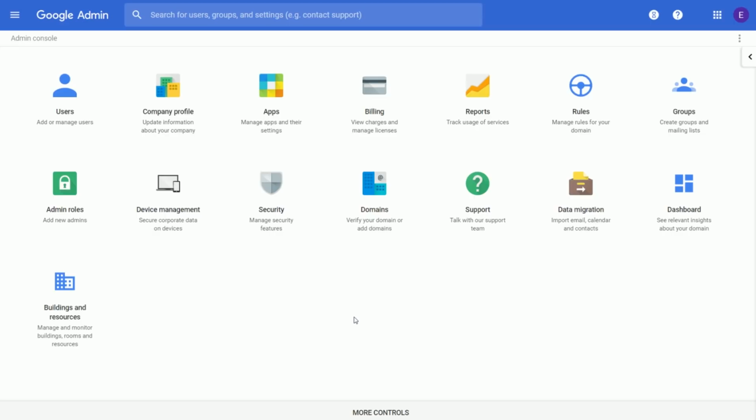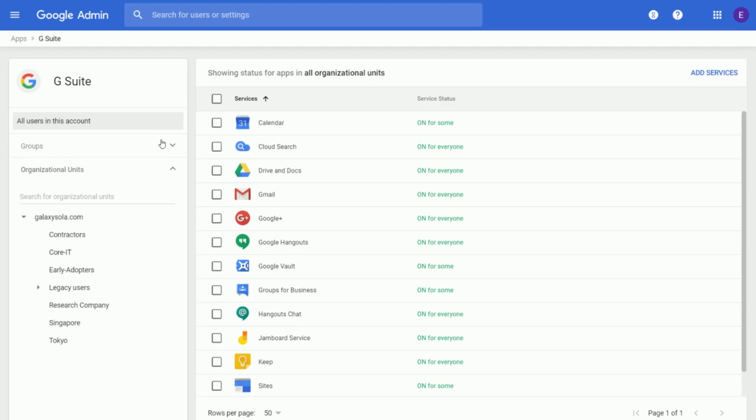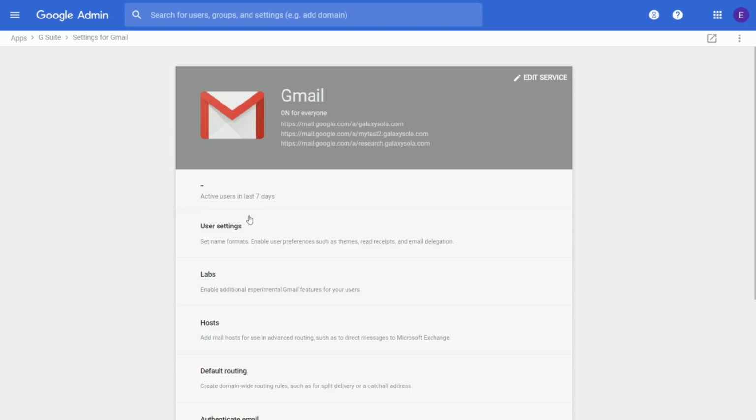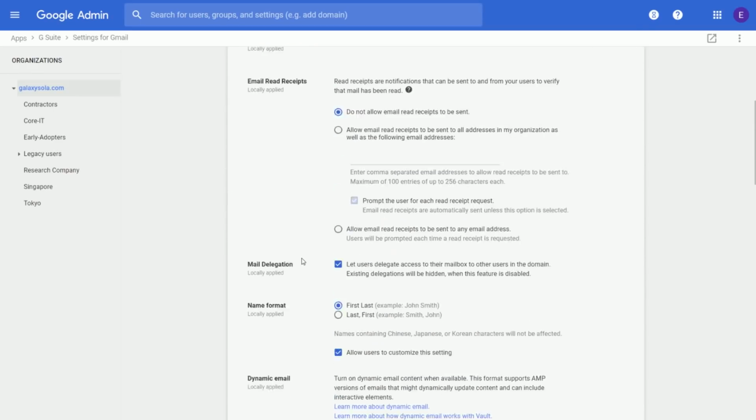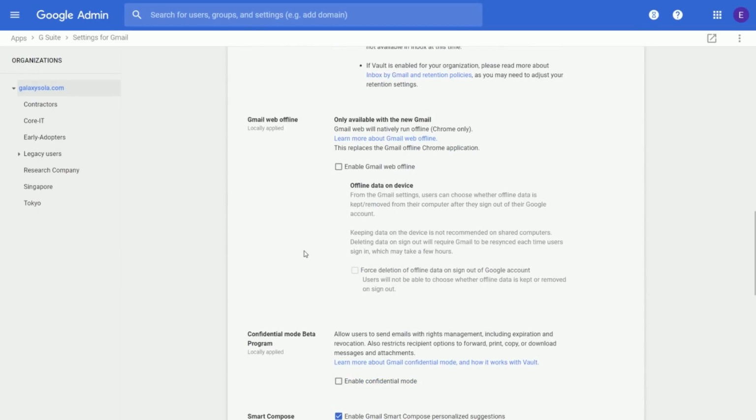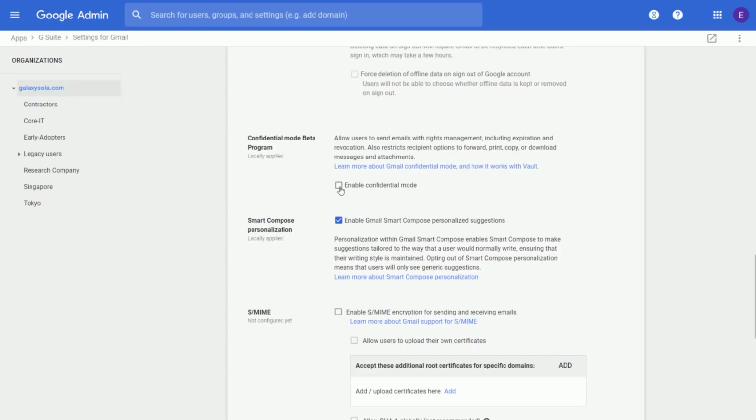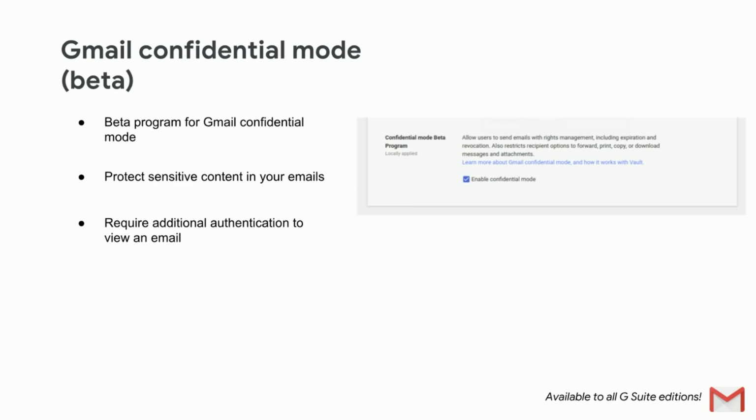Admins can opt in to the beta by going to the admin console and navigating to Apps, G Suite, Settings for Gmail, User Settings. Here, they will be able to select the option to enable Confidential Mode. In addition to protecting sensitive content in your emails with expiration dates, you can also require additional authentication via text message to view an email. This makes it possible to protect data even if a recipient's email account has been hijacked while the message is